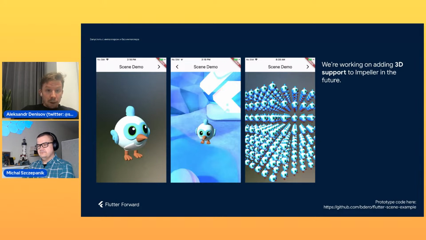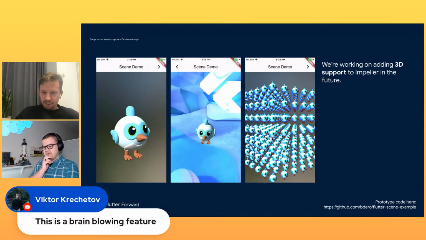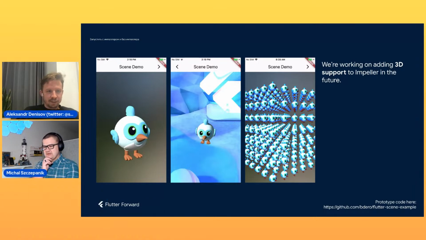But if you haven't seen the keynotes from the conference, you can see that the team demonstrated a video, or not the team, I don't exactly remember who demonstrated. And I can agree that this is a mind-blowing feature, and from use cases for Flutter, I can say that each improvement which they provide shows that the